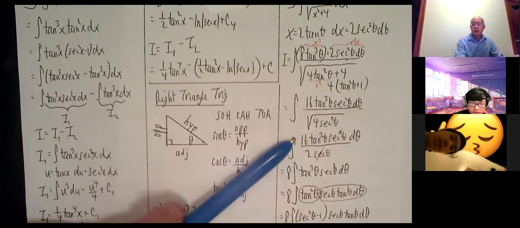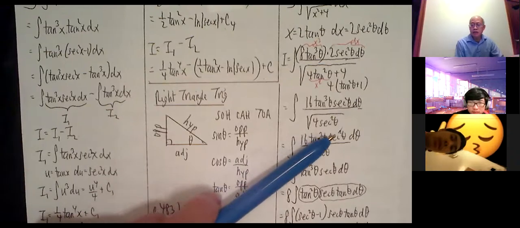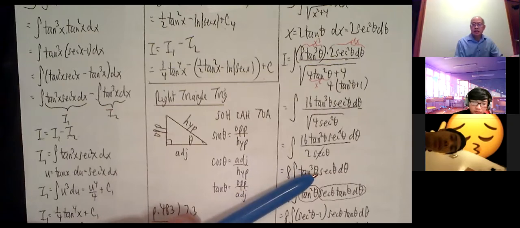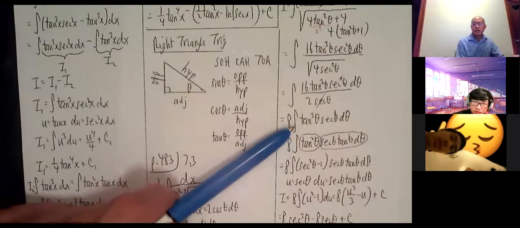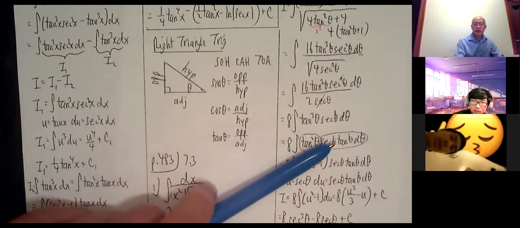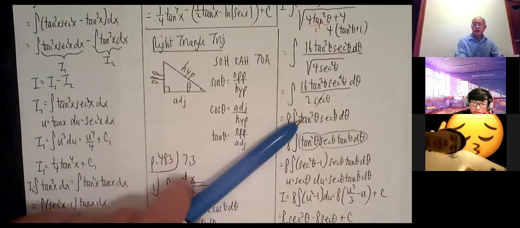Okay, let's see. 16 divided by 2 is 8. Bring the 8 outside. I can cancel one of the secants. Secant squared cancels that secant. So now I have tangent cubed theta and secant theta d theta. Okay, and that looks like something we just did. So I can change that to tangent squared times secant theta tangent theta d theta. And there's an 8 outside. 16 divided by 2 is 8. Secant theta tangent theta